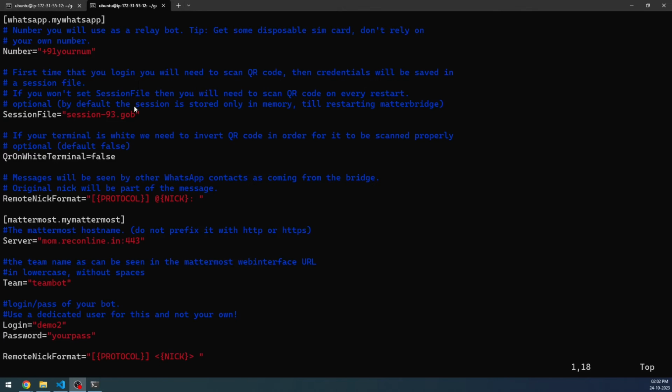Following that, you need to create the session file. This can be any name. The GOB ending is given because of the Go database. That is the purpose of this particular file name ending. Then there is QrOnWhiteTerminal. My terminal is black, so I don't need this enabled as true. If your terminal is white, then enable this to true, because the QR code has to be inverted. Anyway, you don't need to worry about this. Keep it as false. Most of the time the terminal is black. RemoteNickFormat I already explained, and then here is where the Mattermost part of the